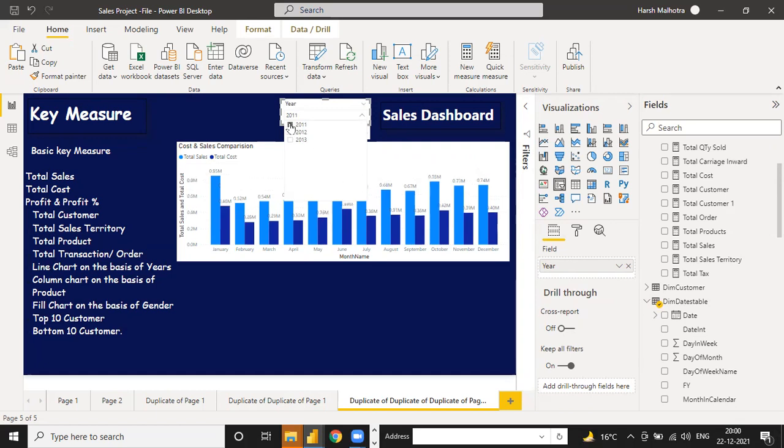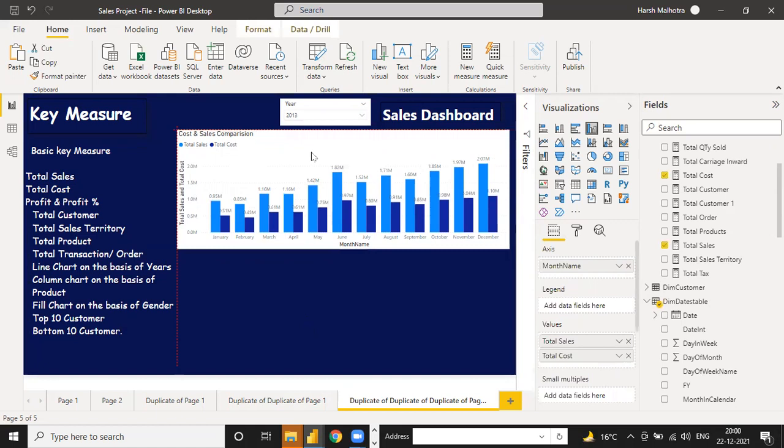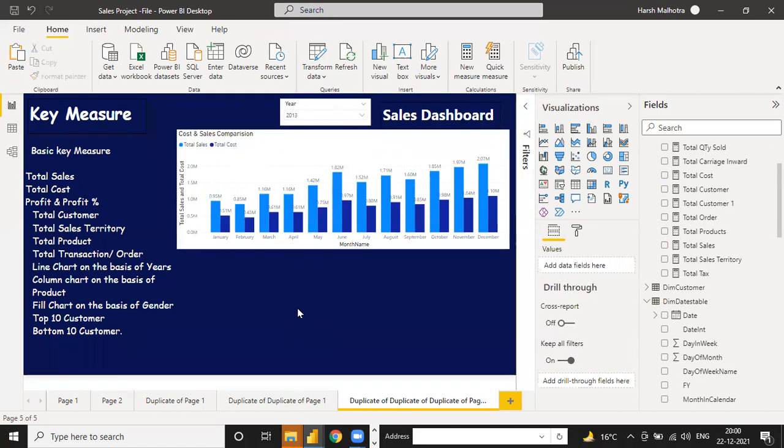Because suppose if you have only 3 year data, then why show 2010 to 2019? You can uncheck those points: 2011, 12, and 13. Only 3 year data you have. Okay, so this one is your sales and comparison. And now this one, fill chart on the basis of data. Now top 10. Okay,